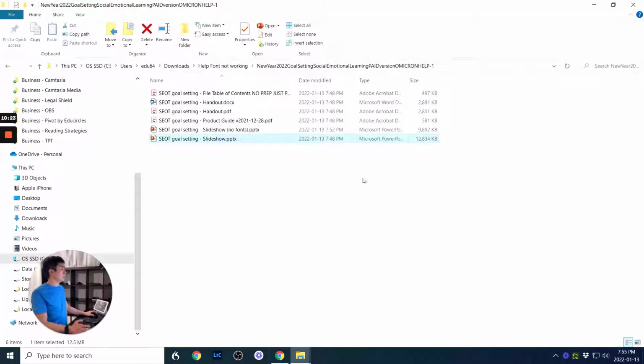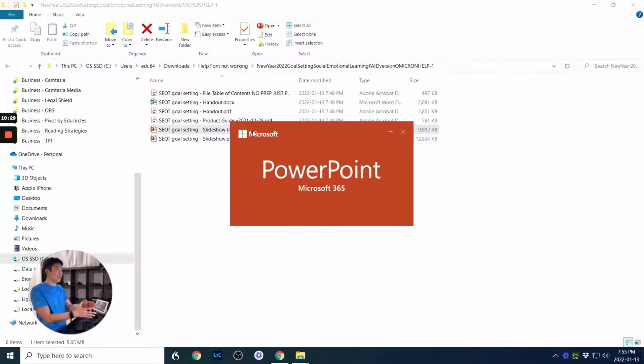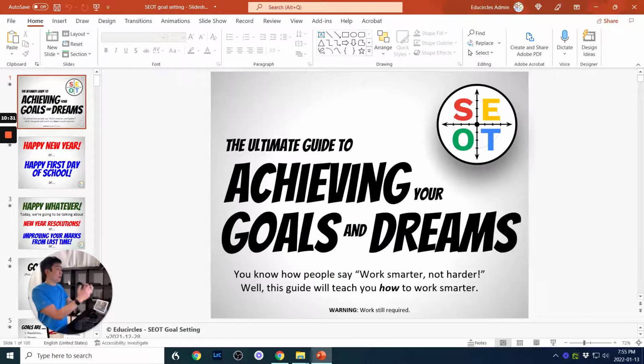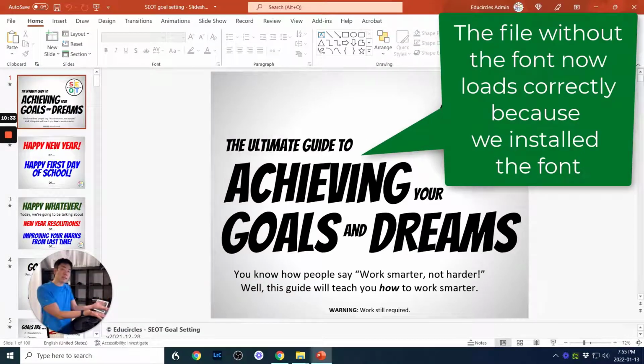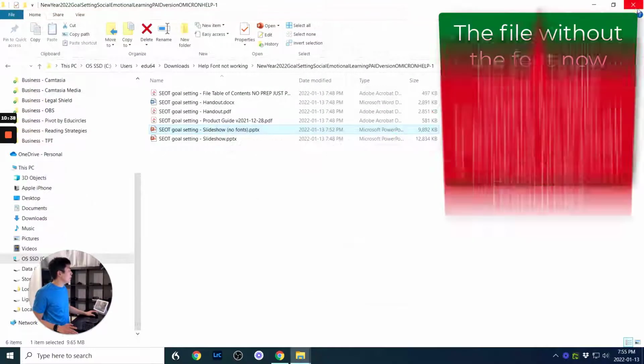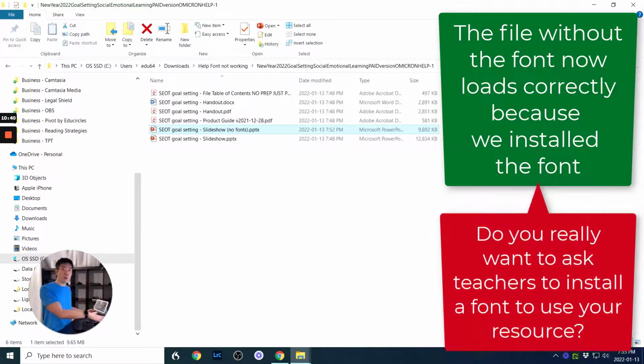What I'm going to do is close PowerPoint completely, and now when I open up this slideshow file, which I saved without the fonts embedded, because the Bangers font is installed on my computer, it loads fine. And the key trick here is you've got to close PowerPoint or Microsoft Word completely once you install the font, because then when you open it up again, the fonts will show up.